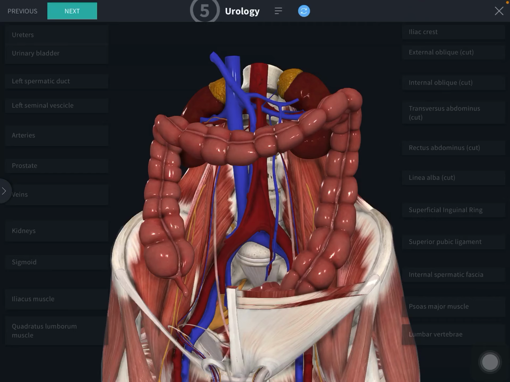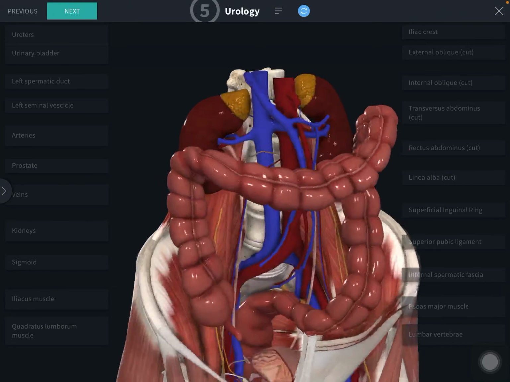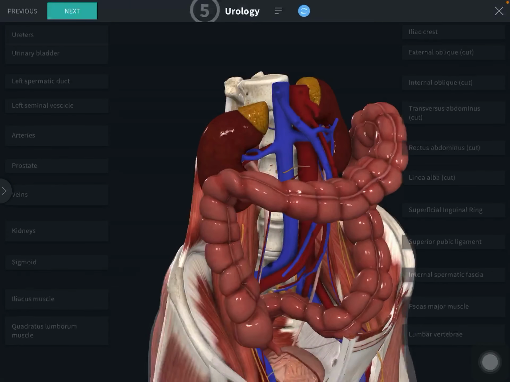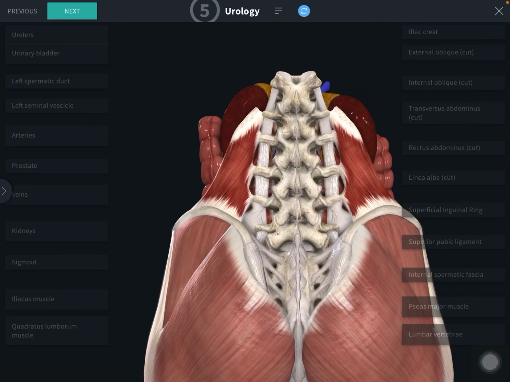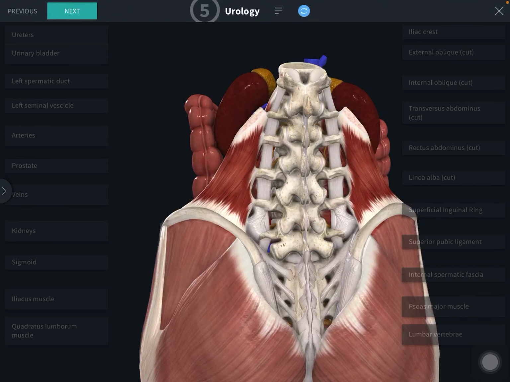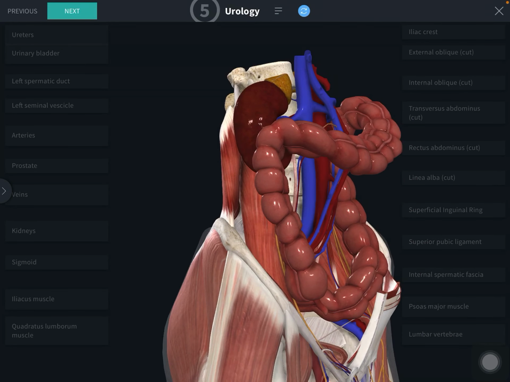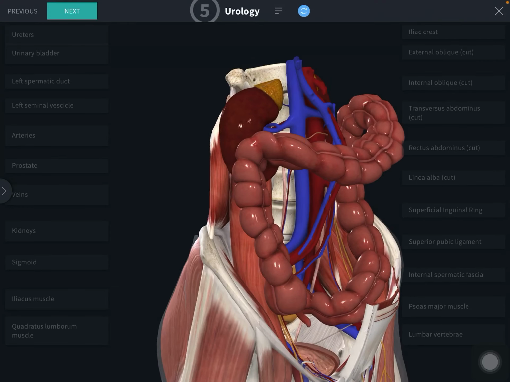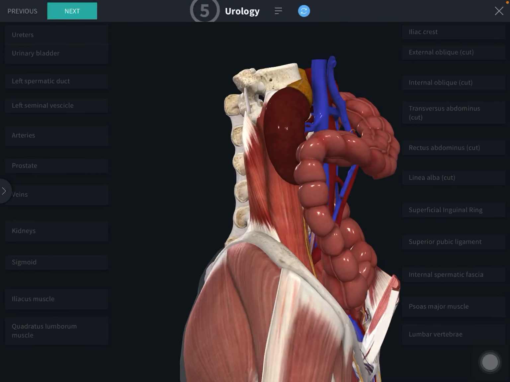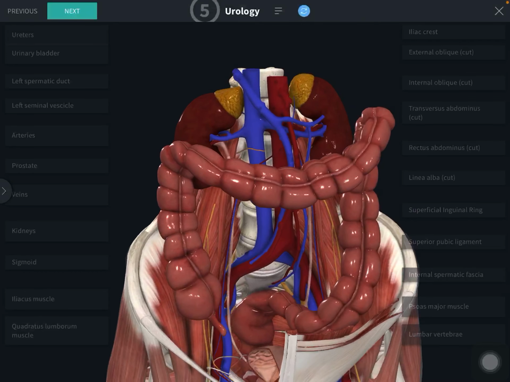Before we start with the ureters, in the previous video we have covered the kidneys. In that, anterior relations we have covered with that model. In this you can appreciate the posterior relations of the kidneys on both sides. Upper part it is related to the diaphragm. Lower part it is related to two muscles, that is the posterior abdominal wall muscles: the psoas major and quadratus lumborum. So these are the important posterior relations for the two kidneys. So with that we will start with the ureters.